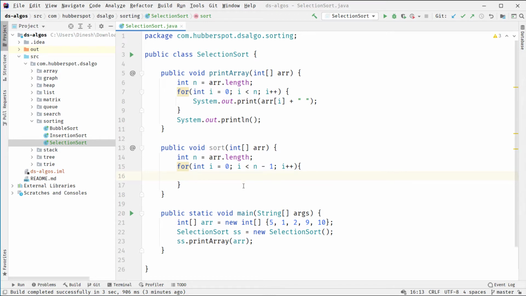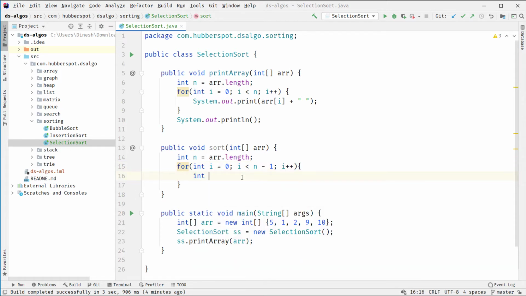So i will go from 0 to 3. Why this i will go from 0 to 3 is because if we see the indexes, it starts from 0 and 3 will come to this point. So when we compare these last two elements and we sort them, then we know that both the elements will be at their correct position. So this algorithm should not go further ahead, because if i comes to this point, then we know that this is already sorted. So we are keeping track of i till less than n minus 1, which we already discussed in our previous video in great detail. So you can watch that video.